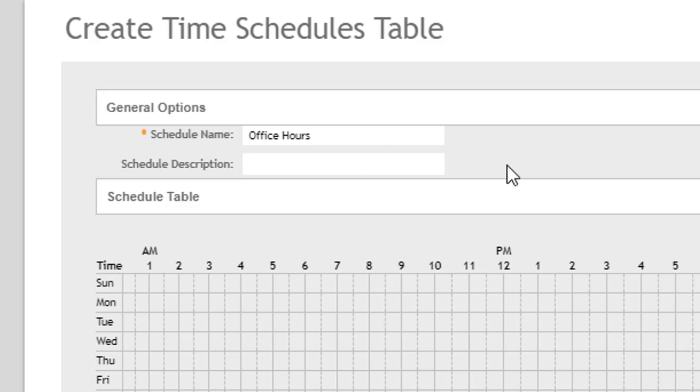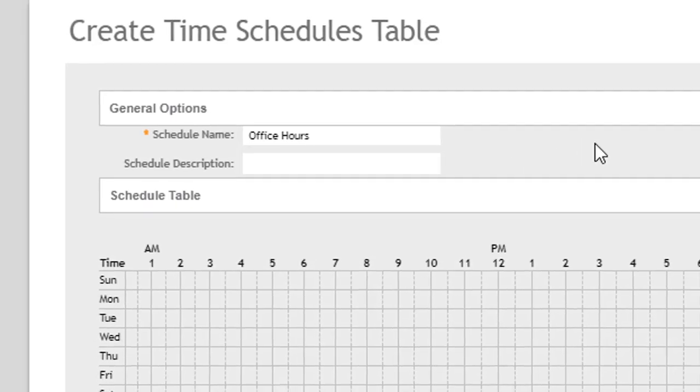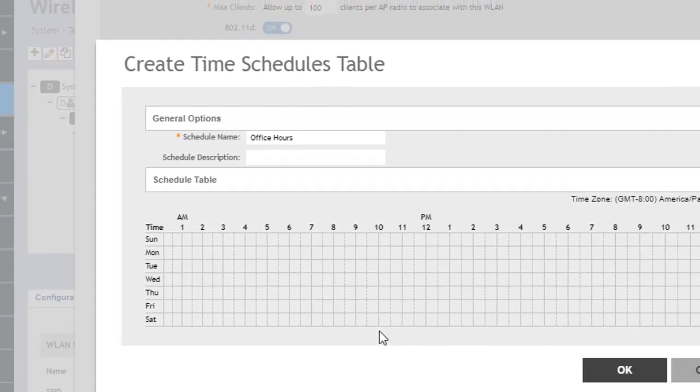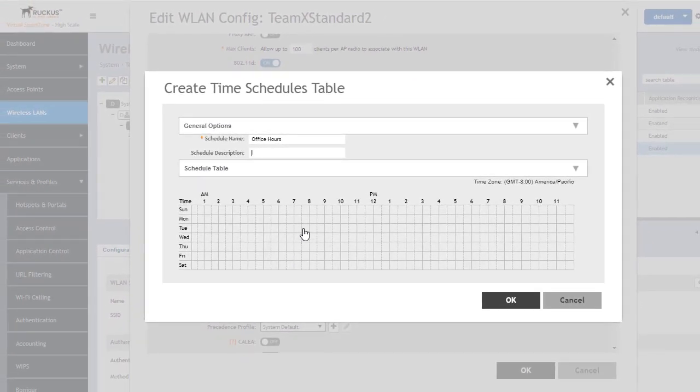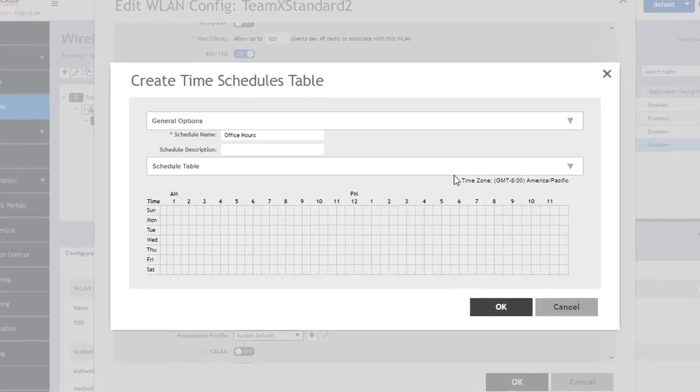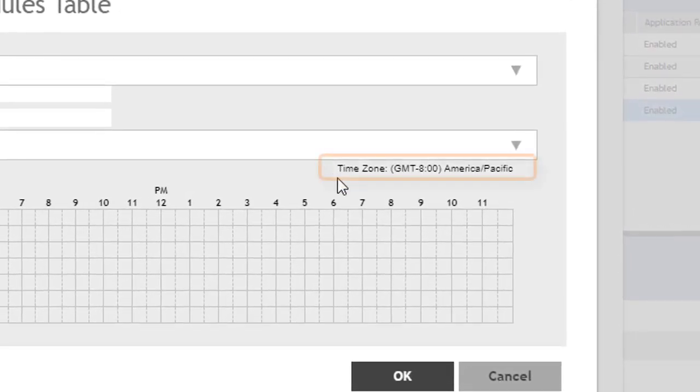We can put in a description in this that's more descriptive of this service, and then we can go in also and select certain hours of the day for this. Now one thing to keep in mind that's very important, understand the time zone in which we are referencing, and it will tell you up at the top right here which time zone you're going to be scheduling this